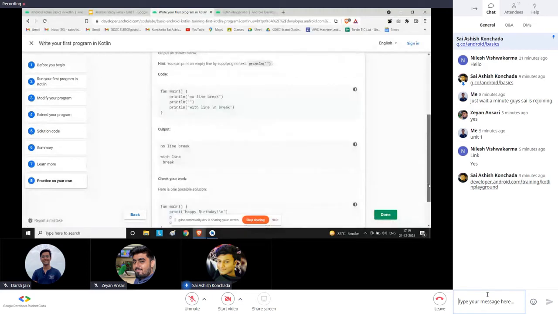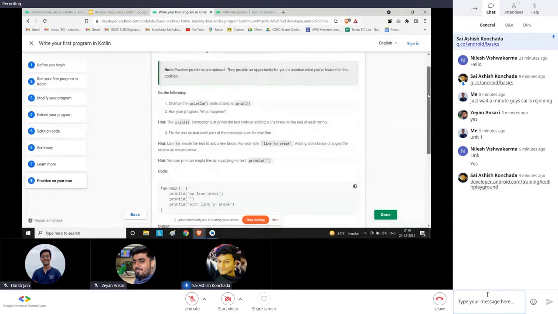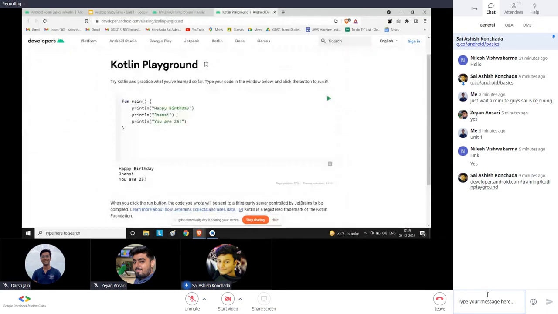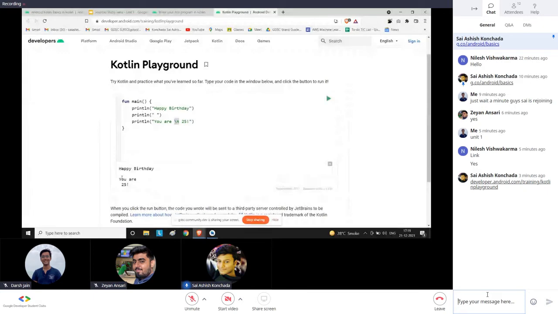We can run some changes, like having this line break or no line break, and just see what happens here. If we remove this and just keep a space or add a line break with ln, both are the same. If you write this, after happy birthday there's just a space, so a space is getting printed, and after the space there's a slash n.